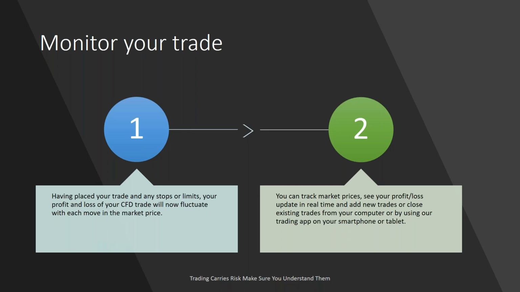And then lastly, of course, monitoring your trade. There are many things you can do on a trading platform, but you can constantly change your stop loss. You can also set a take profit point. So in other words, let's say you bought a Barclays share at 280p, and in our example, you closed it out at 302. Well, you could have told the system when you open your position, if Barclays ever hits 310, close my position, take my profit. And even if it perks up there for one second, the system will close out your trade at the level you told it and take that profit for you.